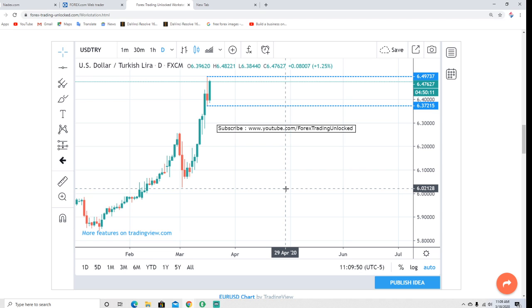So our pivots are literally the high and the low of yesterday. We made a higher move high yesterday. We settled lower on the day. But today, as you can see, we are reversing gears. So the potential sell signal that we had going on in the US dollar, Turkish lira doesn't look so good anymore. So right now we are still a bull, looking for this thing to continue higher.